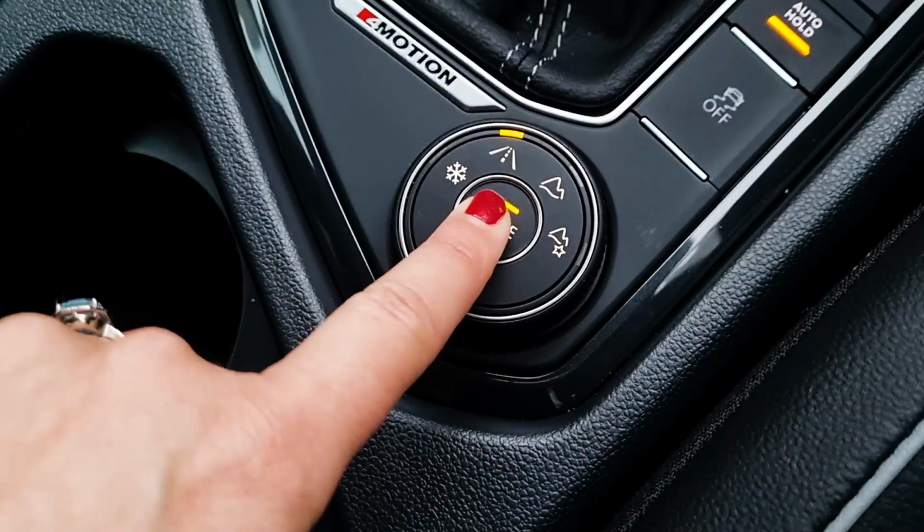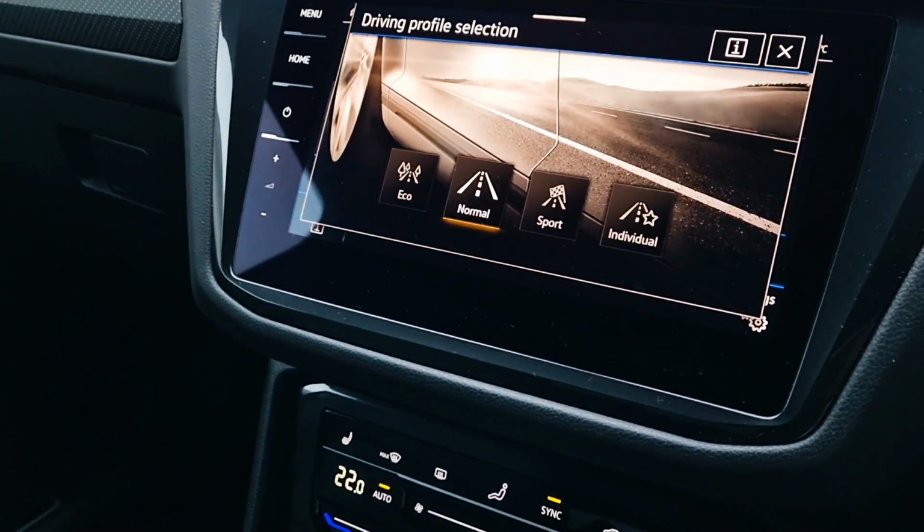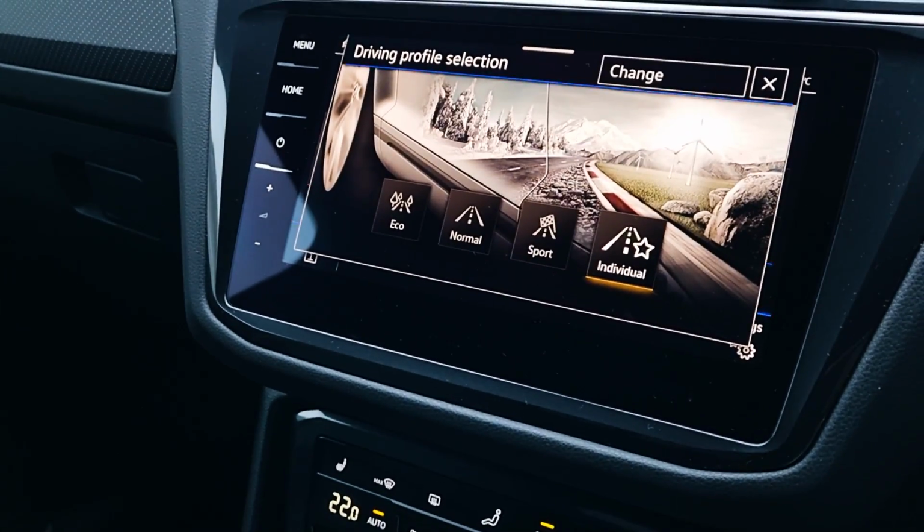However, I quite enjoyed it. It's a super responsive engine. If you pop it into sport mode, it will really sharpen everything up. And if you want to bring that fuel consumption down a bit, pop it into eco mode, because it'll do the exact opposite of what it does in sport mode. So obviously,